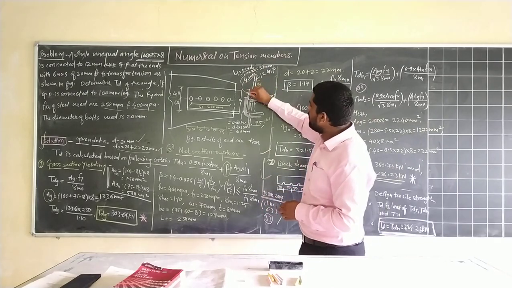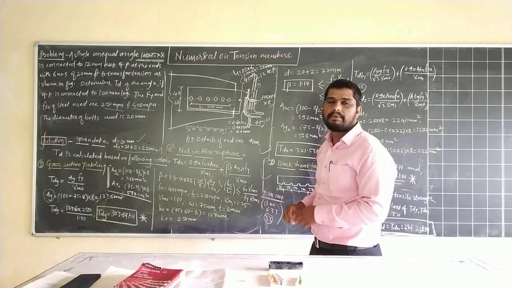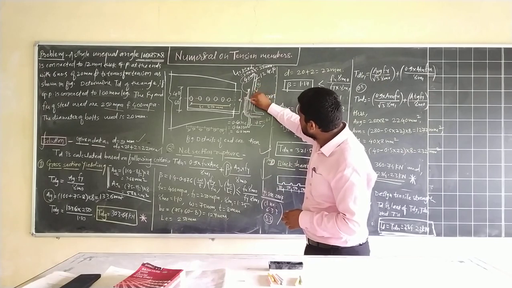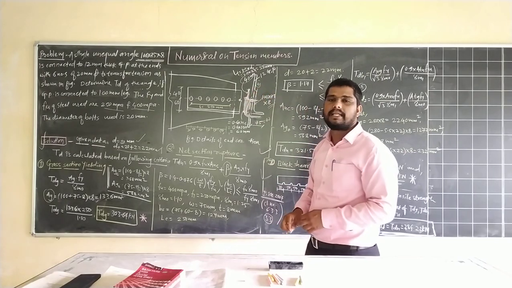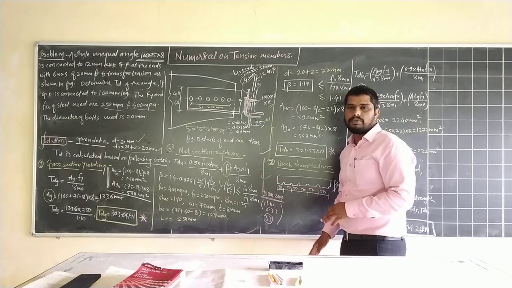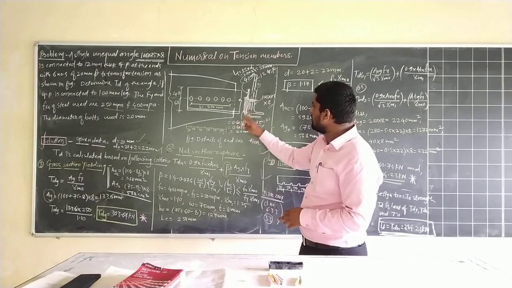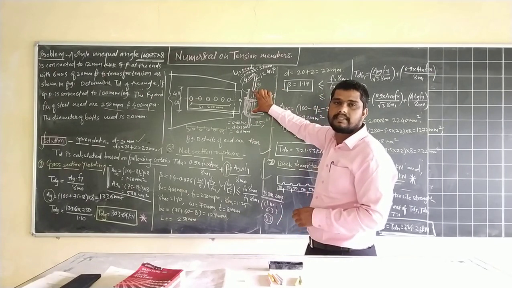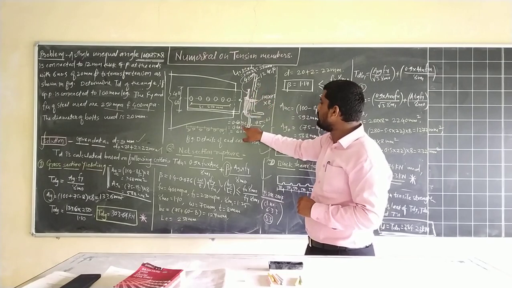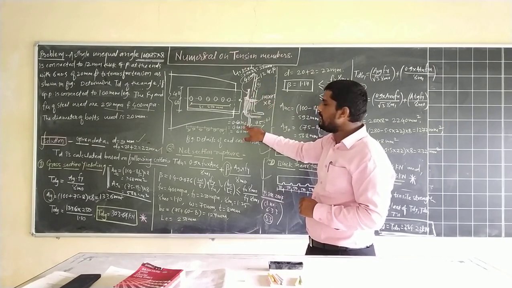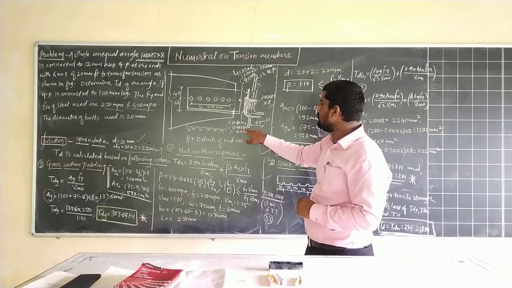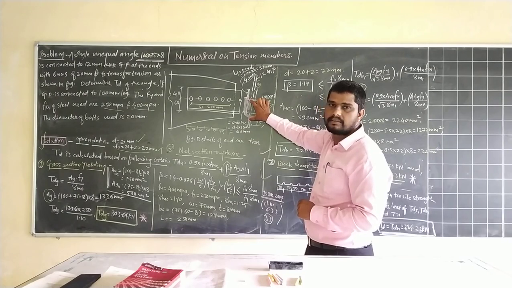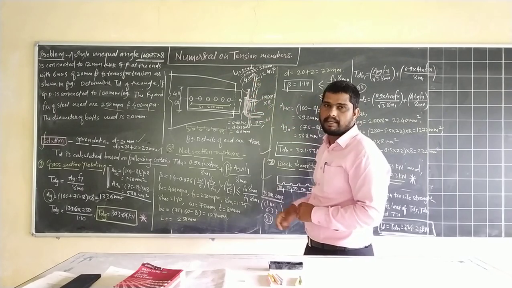How are we going to find out whether it is 40 mm or 35 mm? Based on this leg that is connected up to this connection, this part we are going to take into our consideration during our solution. So that is 0.6, meaning 60% of the length of the leg. If this length of leg is 100 mm, then 0.6 into 100 means 60 mm will be up to the bolt connection. The remaining part will be 40 mm.